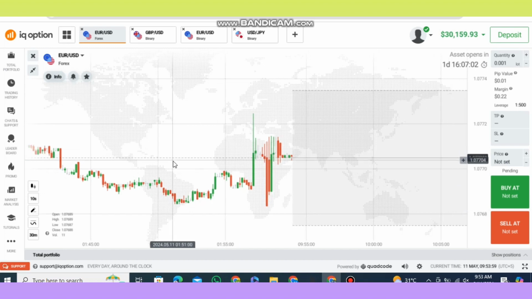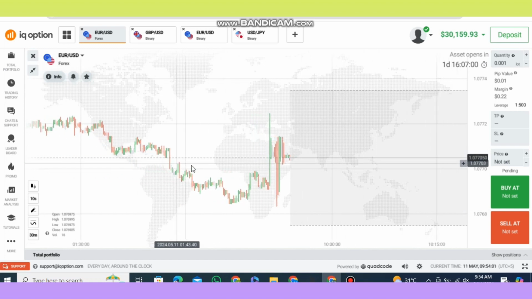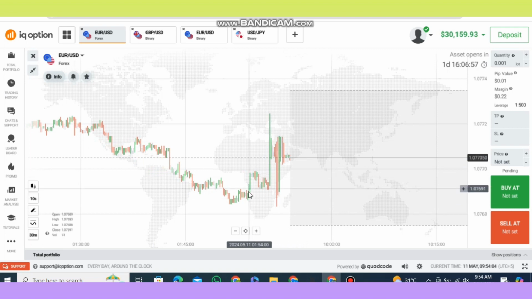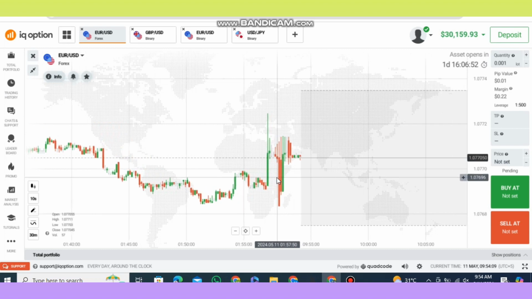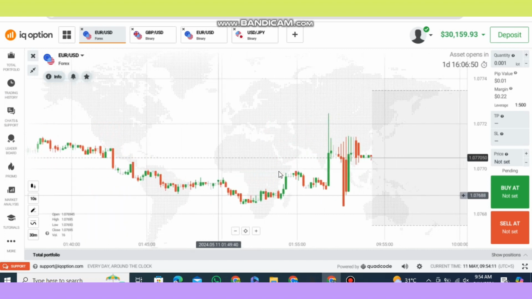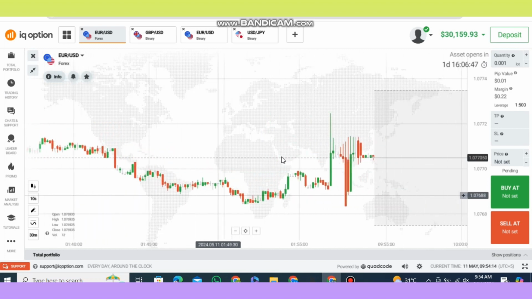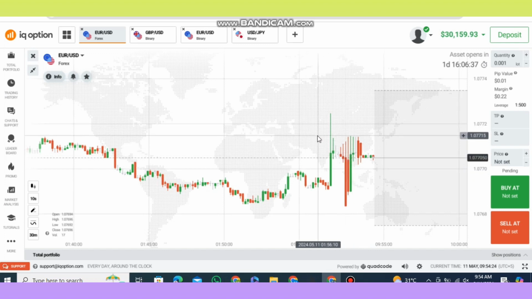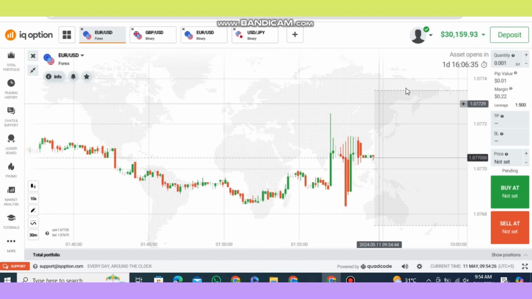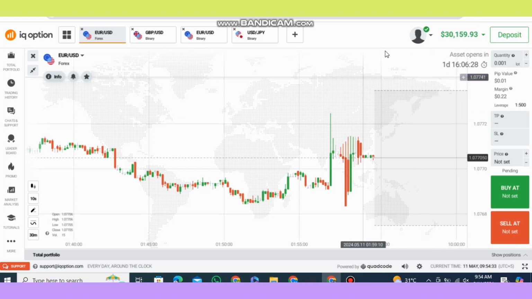Now we can zoom out, we can zoom in, we can use indicators like you want in the menu below. You can use analytical tools, but for this example I don't need all this. I want to explain Forex trading to you, and I make a screenshot now and present you example trading ideas so you can understand it. You say you buy here at this price you want to buy, and our profit will be above